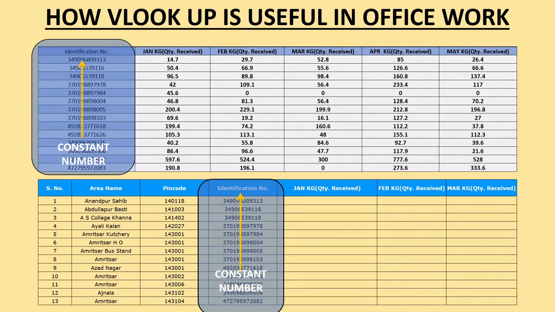It is just like an identification number. So for example, there's a person with Aadhaar card number XYZ in both the files. With the help of this XYZ Aadhaar number, this formula will search for the data from the source file and put it in the destination file. So this way this works.